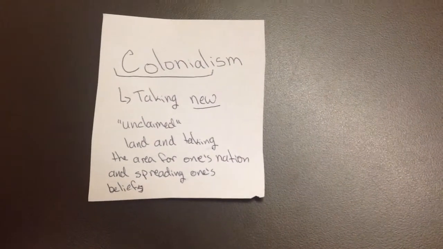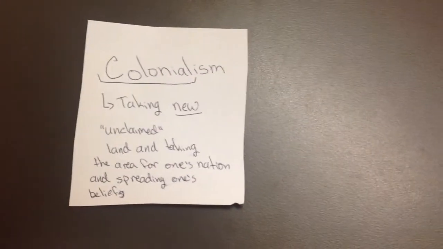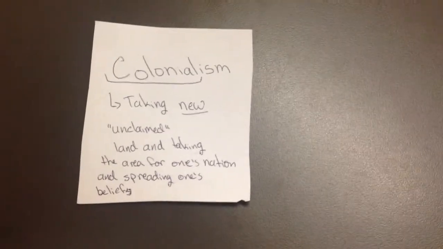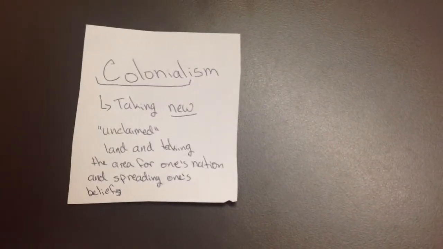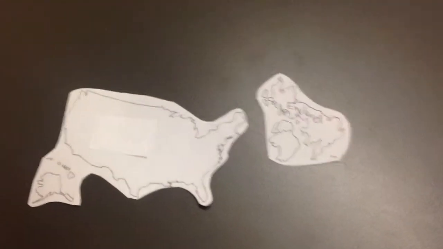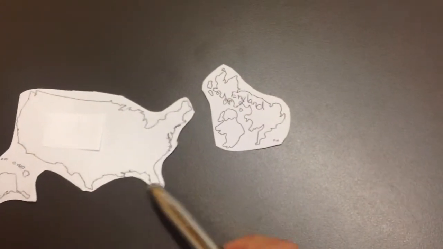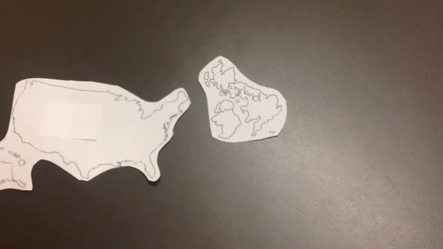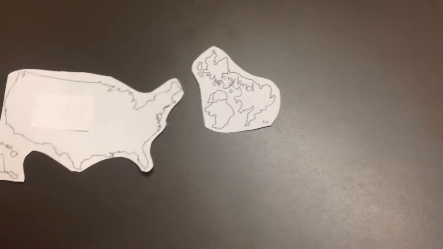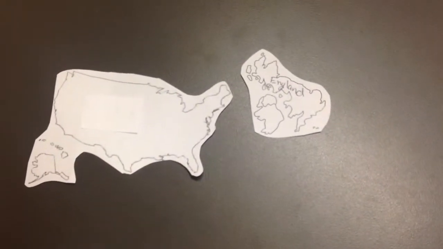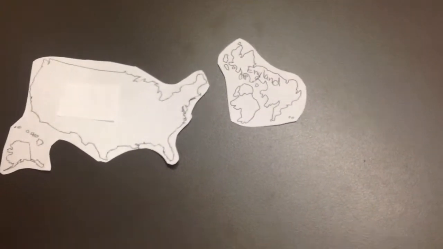Colonialism was shown how one takes an unclaimed land for your nation and spreads your beliefs there. An example would be how England set sail to the Americas and then decided to take the new land and make it their colony, where they would explain and show Christianity in the English language. And later on,